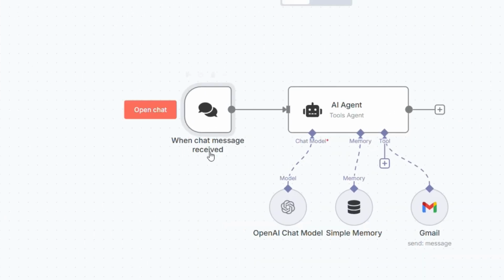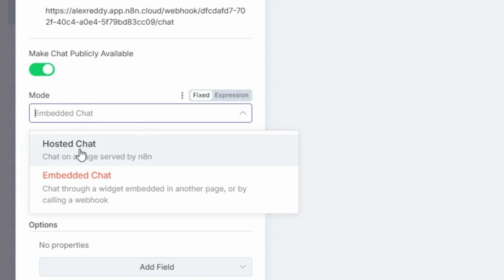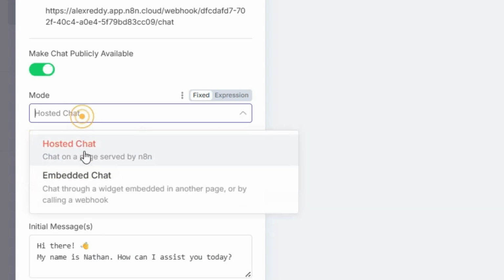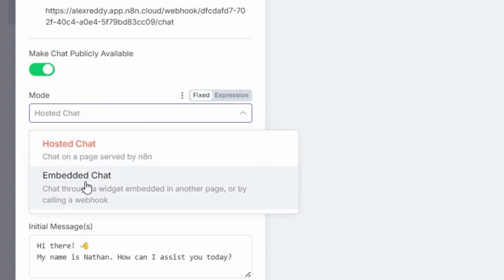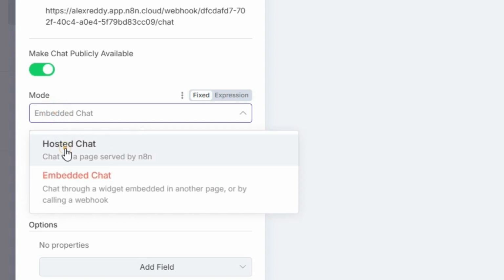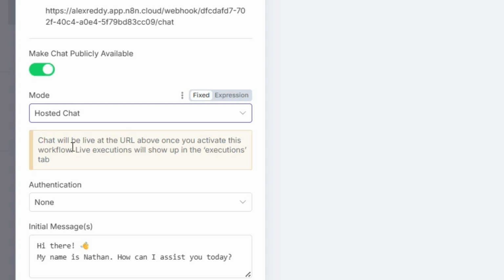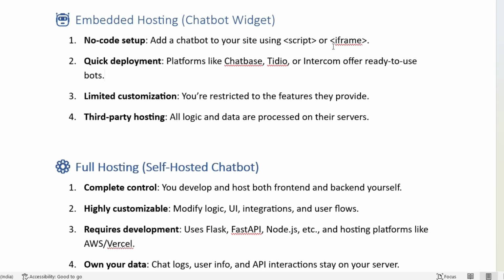You can see I am clicking on When chat message is received, and you can see Make Chat Publicly Available. Here is the mode: embedded chat versus hosted chat. You can see it provides two varieties. Embedded chat is fine, so that we can integrate it into our website, rather than hosted chat. Hosted chat means it takes the entire screen. Embedded chat means we can integrate it readily by using a script or iframe.